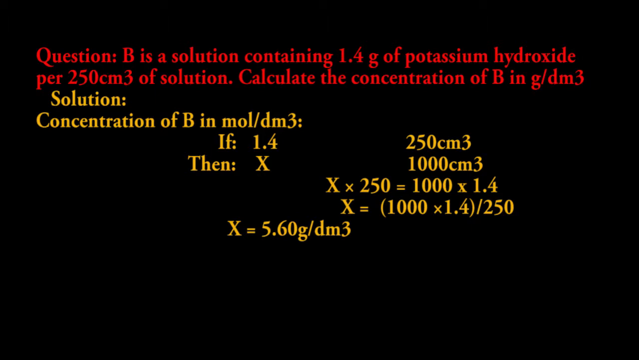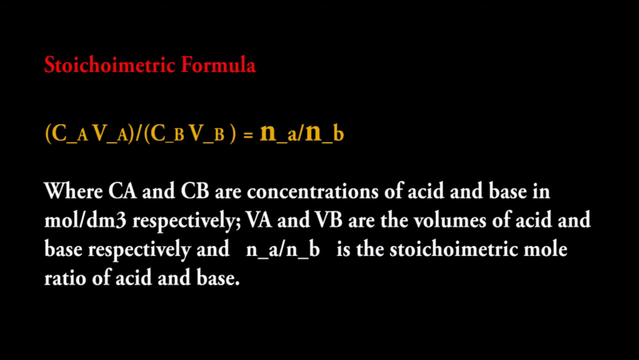Next, stoichiometric formula. The stoichiometric ratio of acid to base is given by CAVA over CBVB is equal to NA over NB, where Ca and Cb are concentration of acid and base in mole per dm³ respectively. Va and Vb are the volumes of acid and base respectively, and Na over Nb is the stoichiometric mole ratio